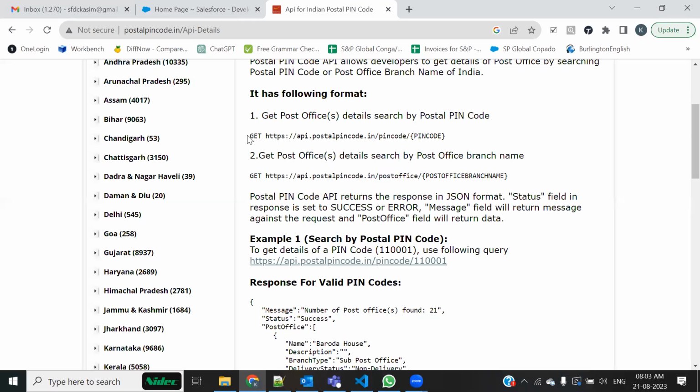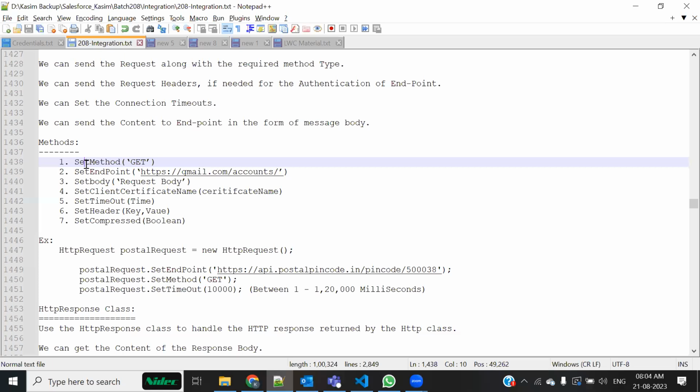So there are two different forms of endpoint URLs, but both of them follow a get method. So what I have to understand from this is what type of method is used in the source, the API. The API is created using which form of method, and you can see that the method is the get method. So the first parameter I have to set with the set method is what sort